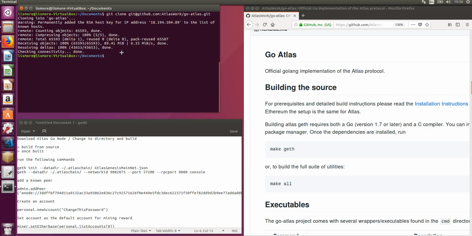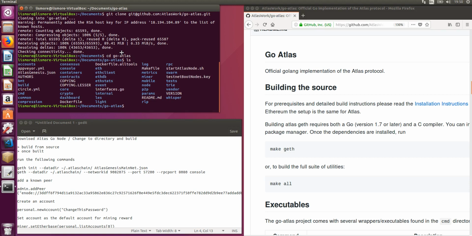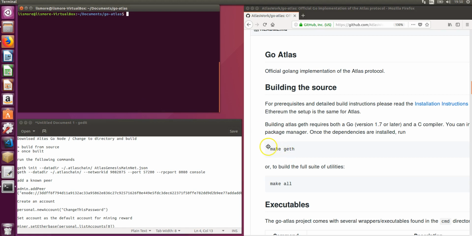Okay, then we'll navigate to that folder. We have indeed cloned it. So now we want to, as per the documentation here, make the project. Now, if you type make Geth and it doesn't build the way it builds for me, you probably want to